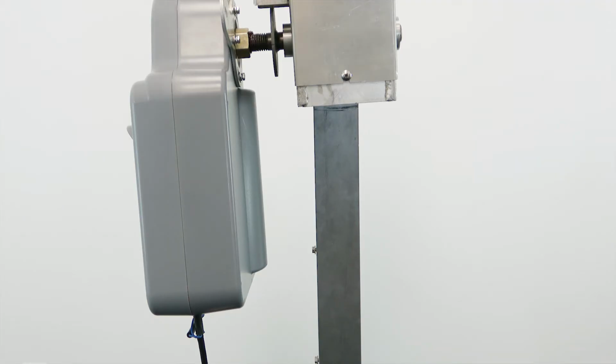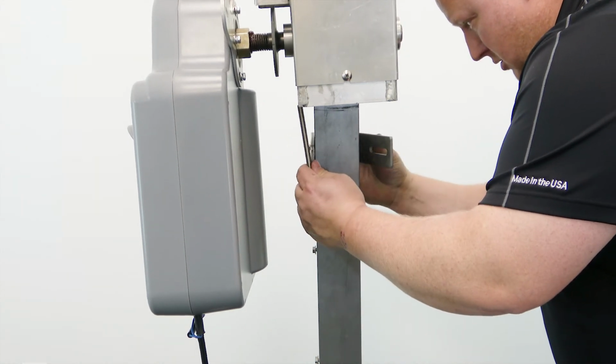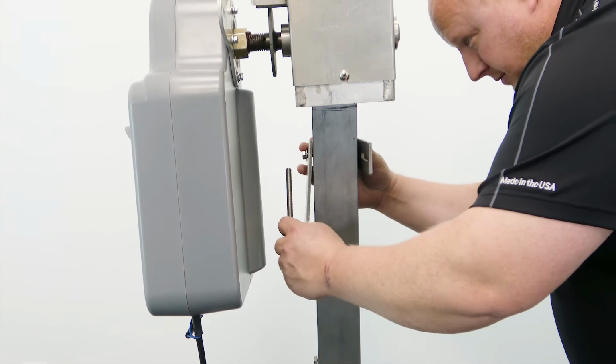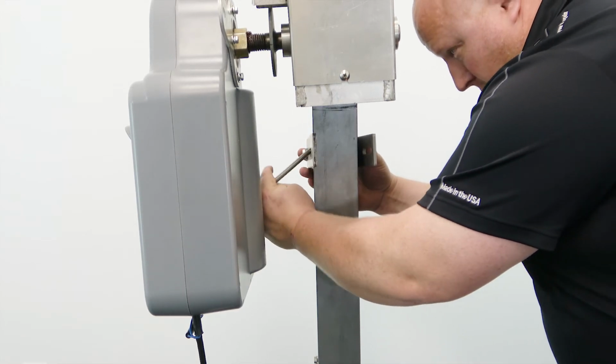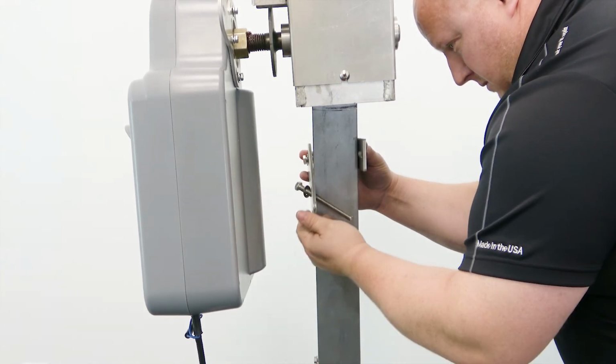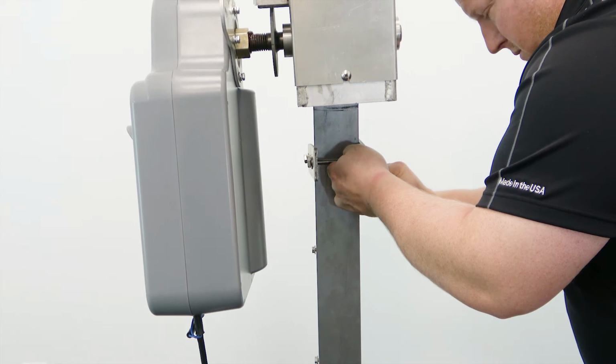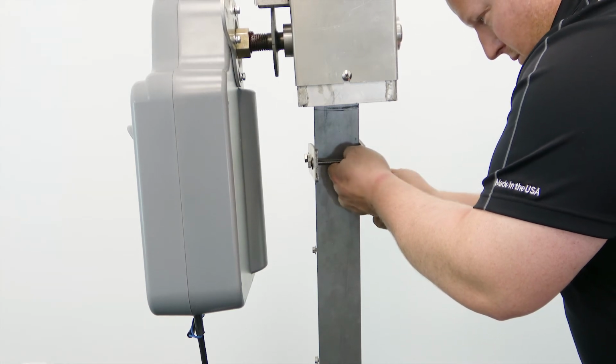Locate the boat lift frame upright underneath the winch box. Place a short slotted rectangle bracket against the frame on the side opposite of the boat lift boss unit, so the round mounting hole sits outside the boat frame and the slotted end extends out underneath the winch box. Place a long slotted rectangle bracket on the opposite side of the same upright, mirroring the position of the shorter